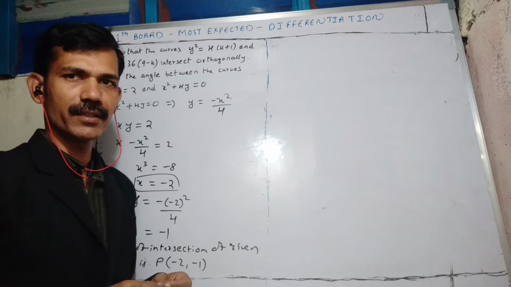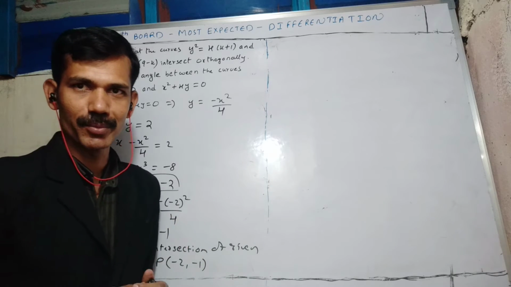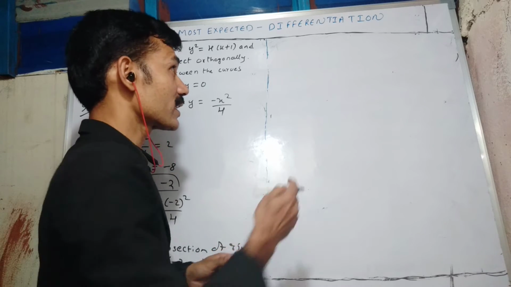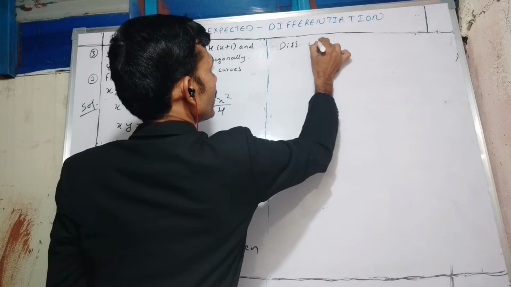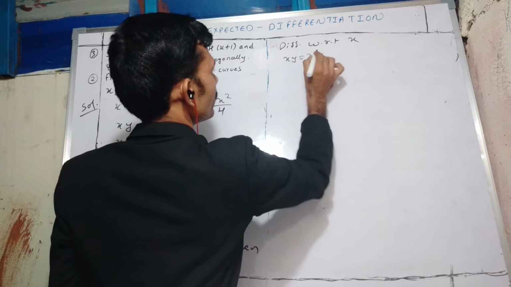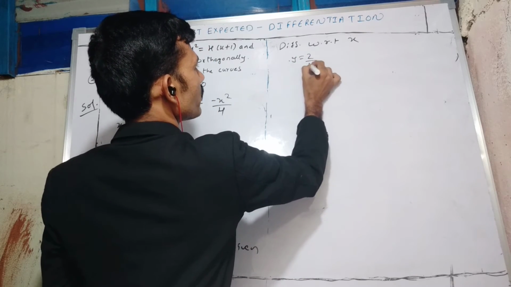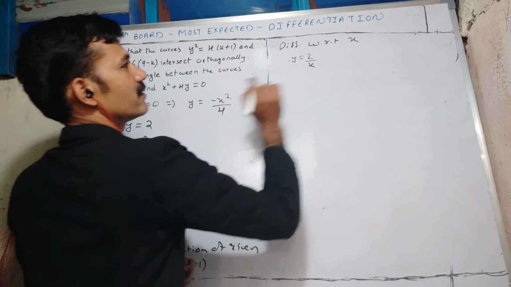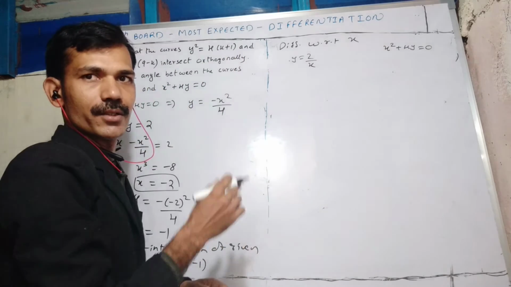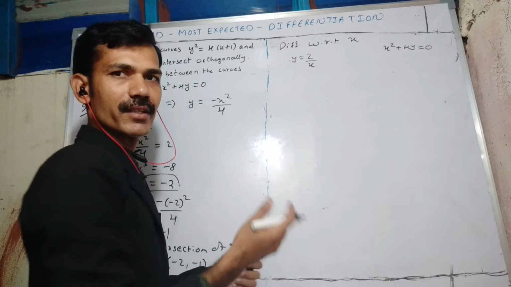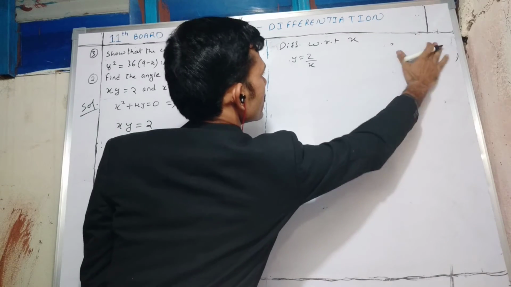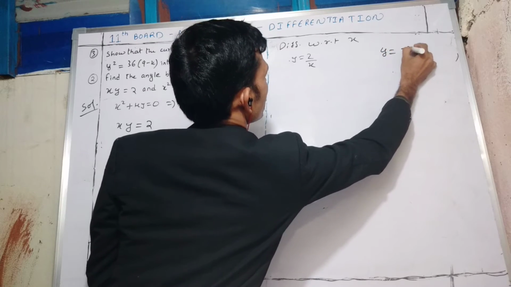Okay, first we have to find the point of intersection. Next we will start the actual procedure. What we have to do? To find the equation of tangent, first we need to differentiate with respect to x, no? Differentiate with respect to x. Two curves are there. One is xy equal to 2, or this you can write as y equal to 2 upon x. Another equation, what we are having, x square plus 4y equal to 0. Okay, two slopes we will get. Directly we can find the angle between the two tangents. Okay, x square, that we can write as y equal to minus x square upon 4.